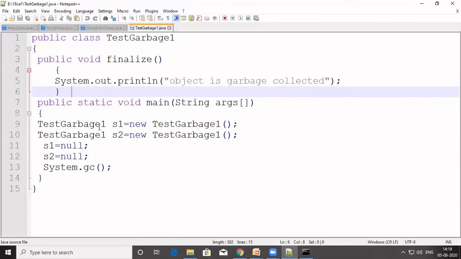Now I set the value of these objects to null, that means S1 equal to null and S2 equal to null.